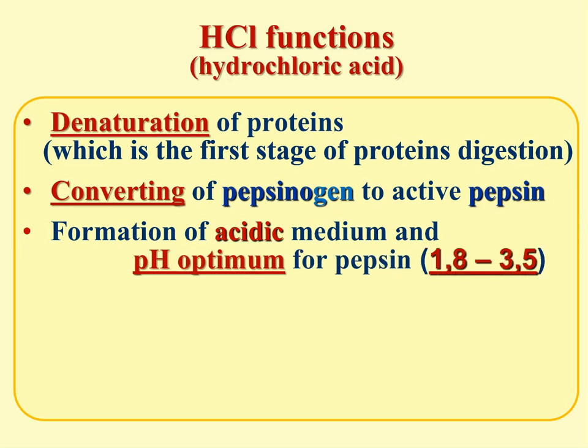For pepsin, the pH optimum is between 1.8 and 3.5. It includes all the variety of pepsins, or simply we can say one pepsin, and its optimal functioning requires this range of pH values, which can be provided by acid only. Then bactericidal action. This is an important protective function of hydrochloric acid. Your food is not always free of different bacteria,